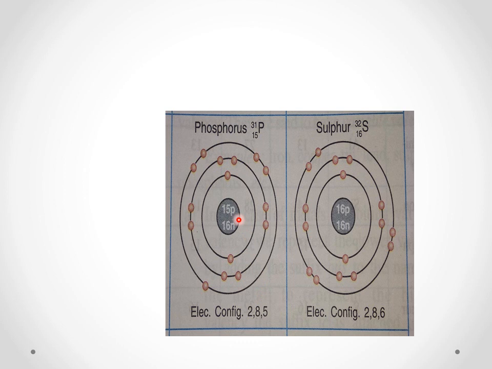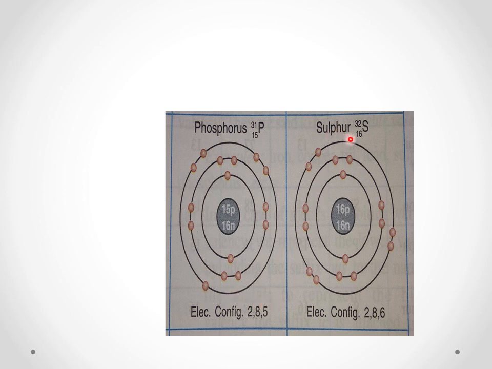Let us see the structure. First, we draw the nucleus. Nucleus is drawn here. Then K shell we have 2 electrons, 1, 2. Then L shell, how many electrons are there? 8 electrons are there in L shell. You can see the distribution of 8 electrons in L shell. Then the remaining 5 electrons are there in M shell. Here for phosphorus, M is the valence shell. The outermost shell of an atom is known as the valence shell. Therefore, M is the valence shell of phosphorus. It has 5 electrons.